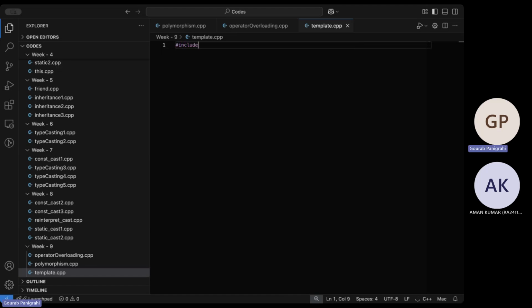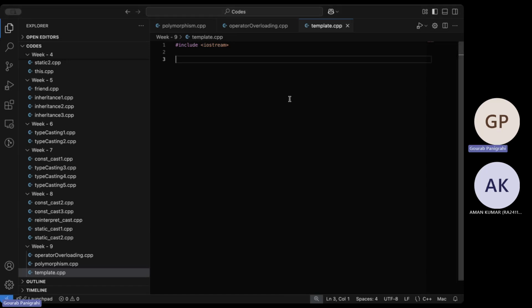As usual, include string so that we can print stuff to see. Let's say there is a function we'll define, integer max. Okay, great.